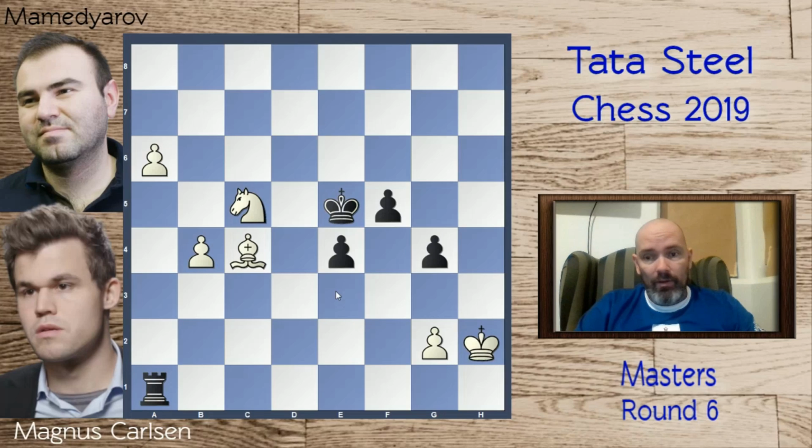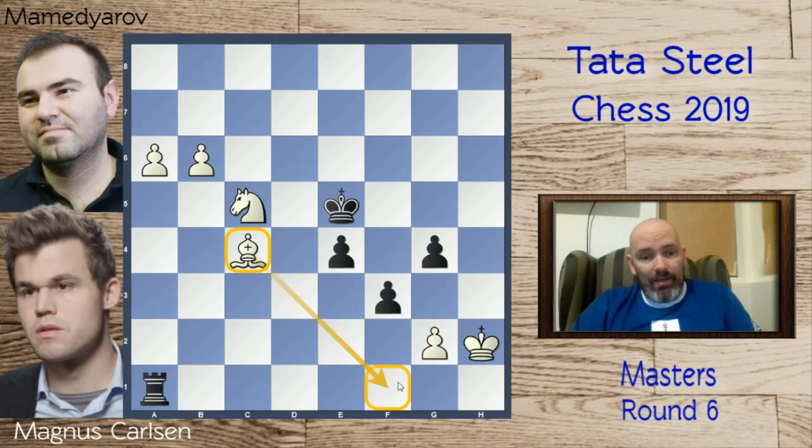Rook to a1, king h2, and a pawn push here by Mamedyarov, f4, and now Carlsen just starts pushing b5. Mamedyarov pushes, but it's too little too late. The bishop is covering f1. King f4 is played here,